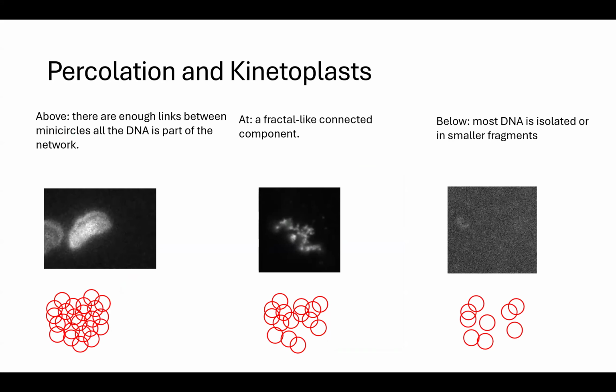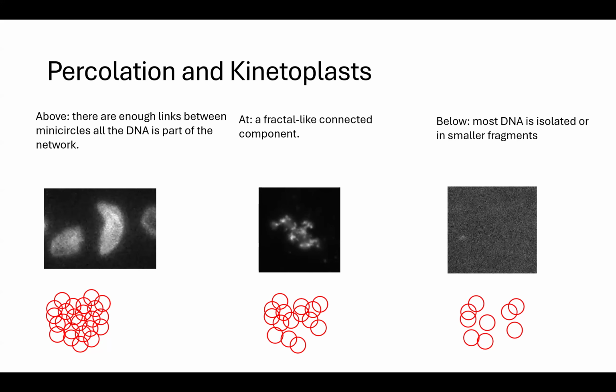And right at the percolation threshold, you get these fractal structures that transition between being this one-dimensional branch polymer and a two-dimensional sheet-like polymer, which is cool, but hard to attain. So that is kind of my introduction of what kinetoplasts are and what I was doing with them. Now I'll talk about two different, more mathematical projects related to them.